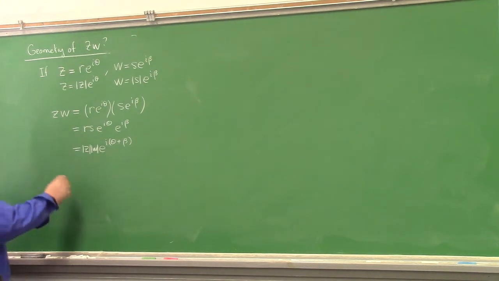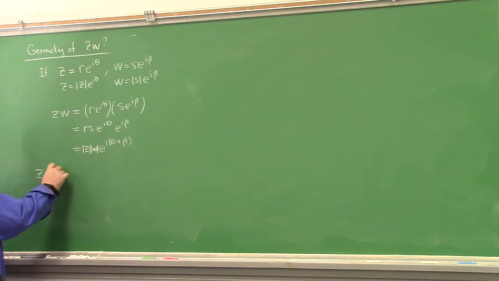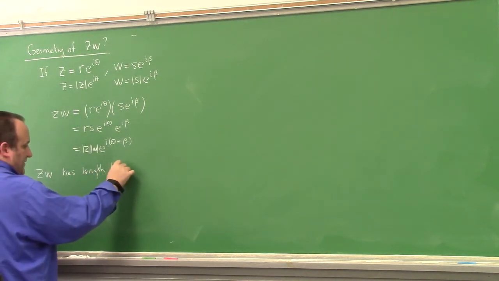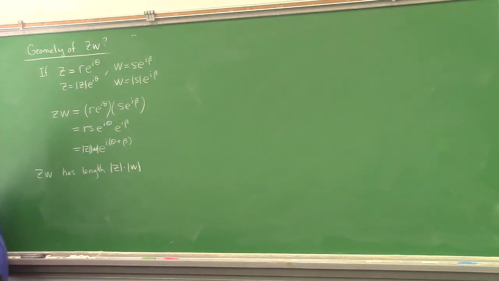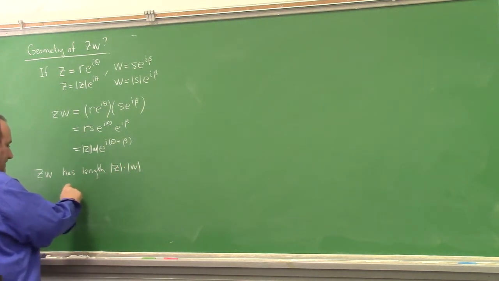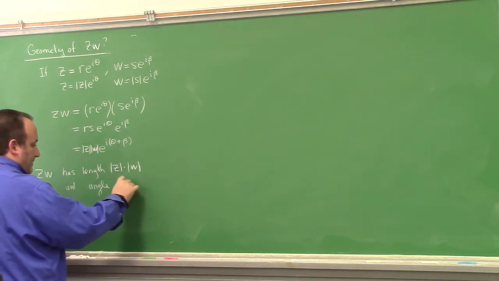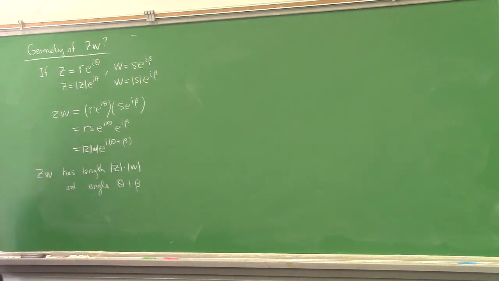So what do we see? We find ZW has length of Z times length of W, and angle theta plus beta. So when we multiply two complex numbers, basically what it's doing is it's multiplying the lengths and it's rotating the number. So for example,